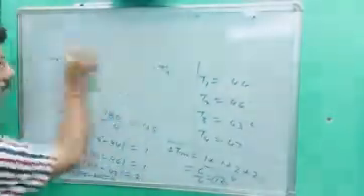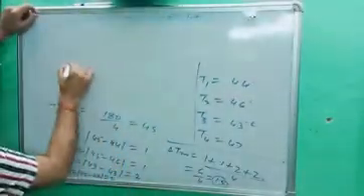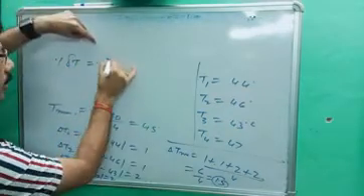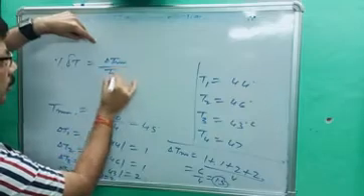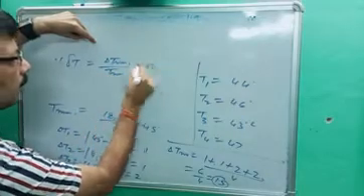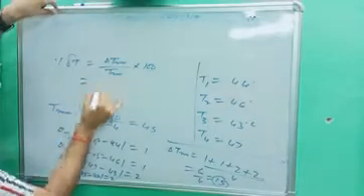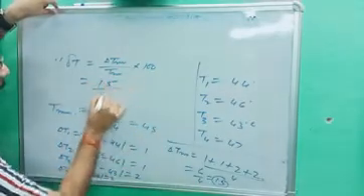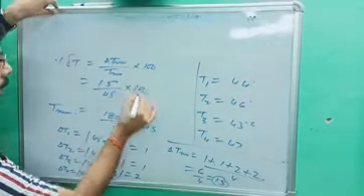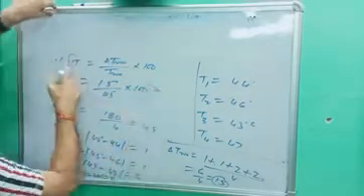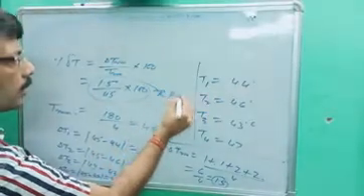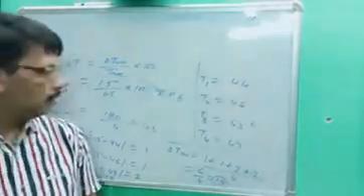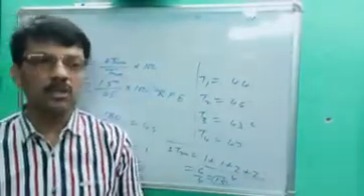Now what is the relative percentage error? Del T percentage is equal to, what is the formula, del T mean divided by T mean multiplied by 100. This is the formula for relative percentage error. So del T percentage is equal to 1.5 upon T mean, which you got as 45, multiplied by 100. Now you solve it and you will get del T. This is called relative percentage error. Okay, so this is all about your errors. Next day we will study the combination of errors. Okay, that's all.